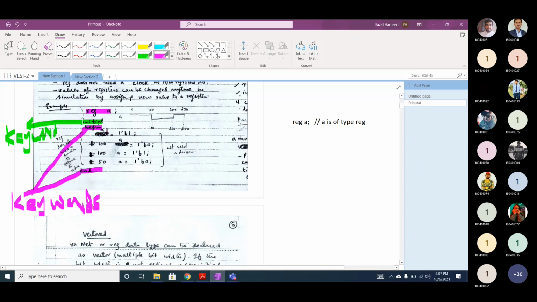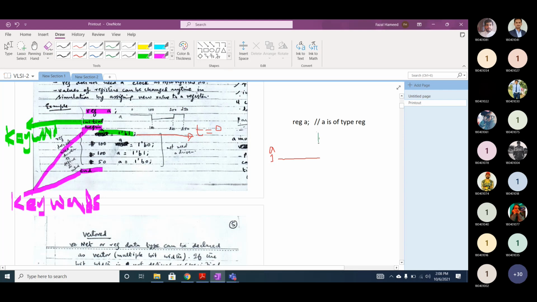So now, if I write like this, it means that initially A is assigned a value of 1 at time t equal to 0. At time t equal to 0, we assign a value of 1 to the variable A. And after 100 clock cycles, the value changes from logical 1 to logical 0. So initially, what's the value of the A signal? The value of the signal is logical 1, and it is at time 0.